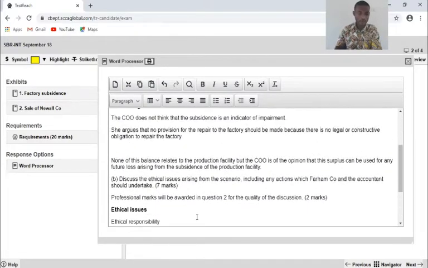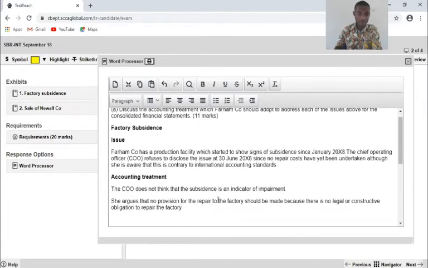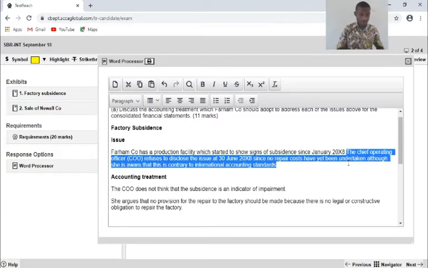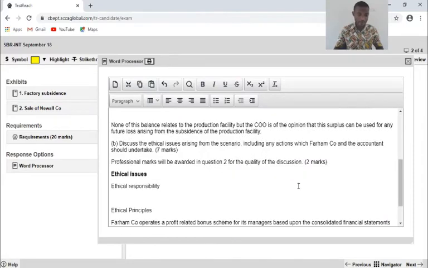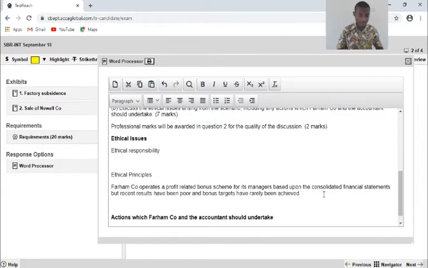Now what I want to do is copy portions of the issue I have summarized. So I'll copy this again and put it as part of the ethical principles